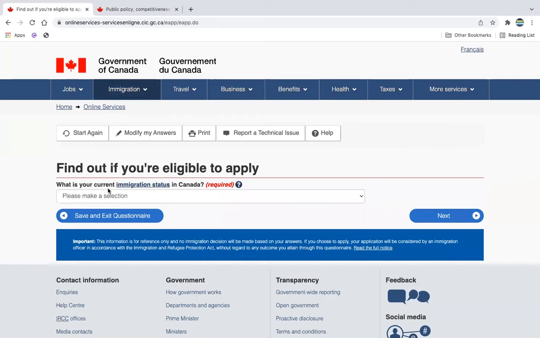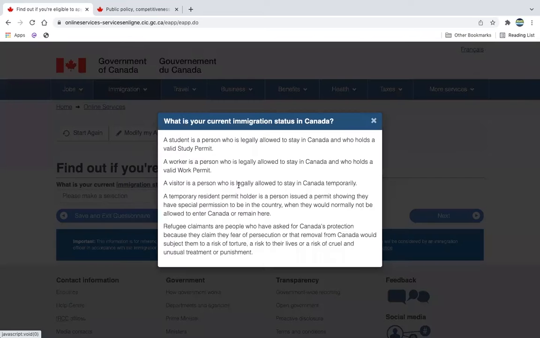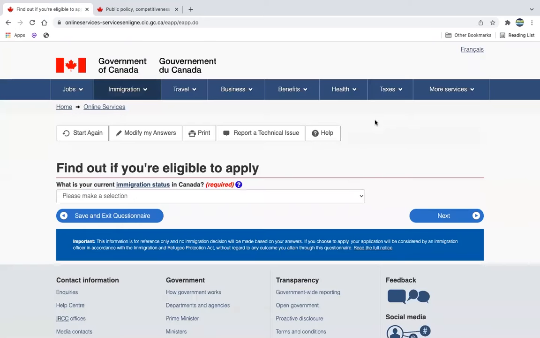It's going to ask you, what is your current immigration status in Canada? Sometimes these questions can be a little bit confusing. All you need to do is right here, you can just click on the arrow, then it breaks everything down for you. A student is a person who is legally allowed. So you're going to click on that if you're confused,